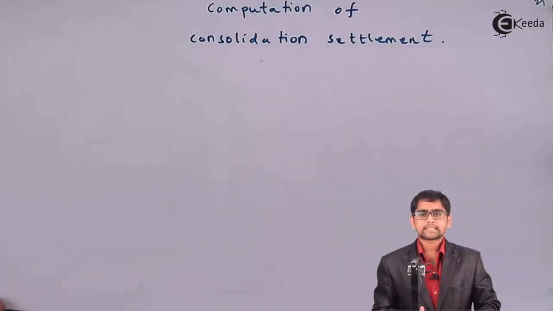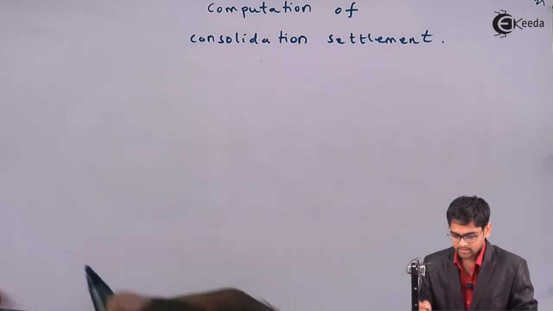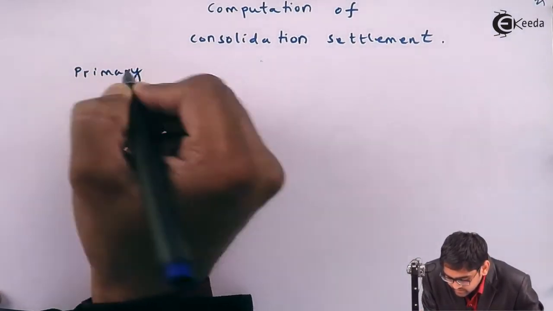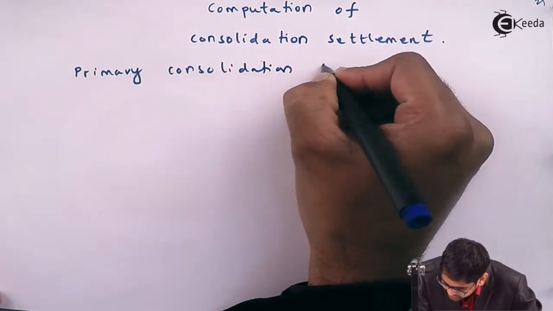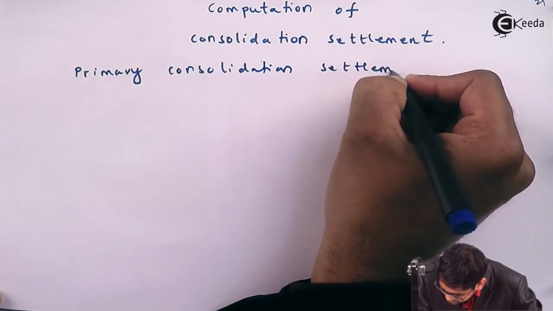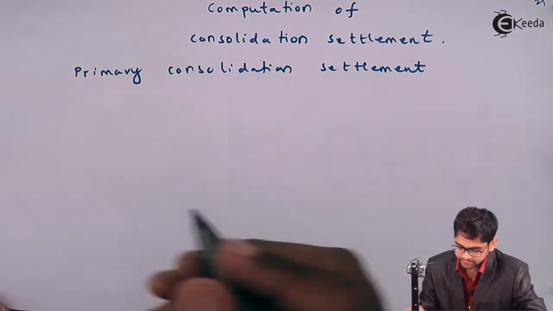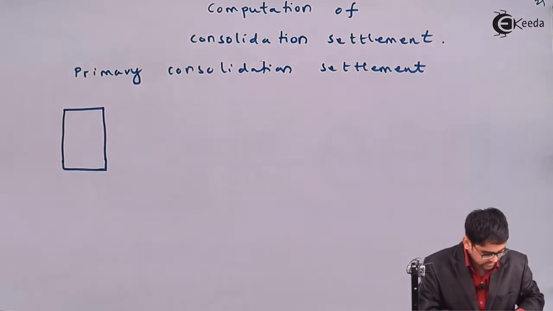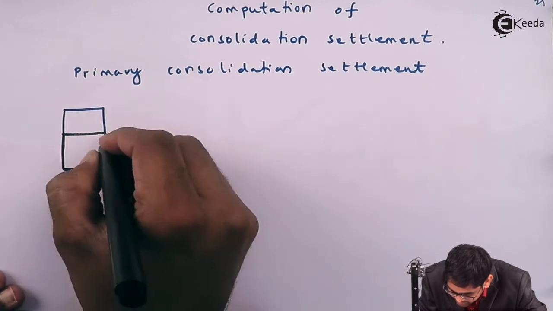So here we will be discussing how to evaluate the primary consolidation settlement as well as the secondary consolidation settlement. First, we will see the primary consolidation settlement. For that, I consider the soil skeleton, and it is an assumption that the soil remains fully saturated